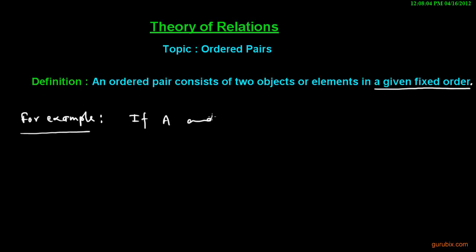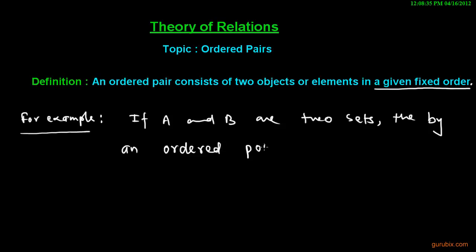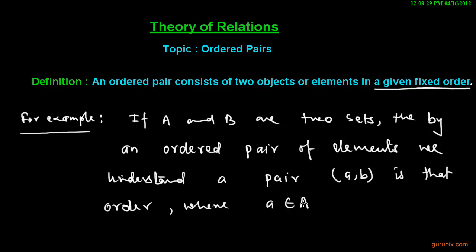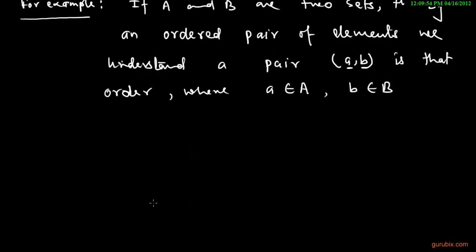if A and B are two sets, then by an ordered pair of elements we understand a pair (a, b) in that order, where small a belongs to set A and small b belongs to set B. This means the first element of this pair belongs to the first set and the second element of this pair belongs to set B. Here it is very important to understand that this ordered pair is not a set consisting of two elements,